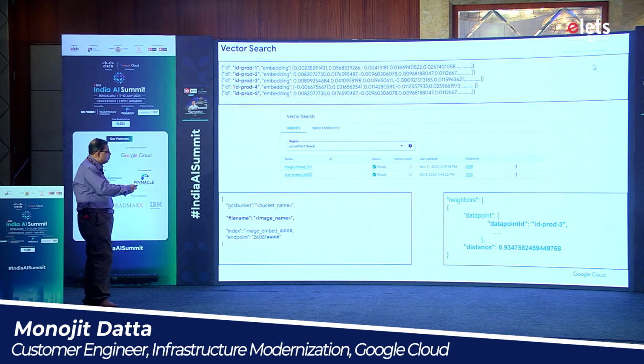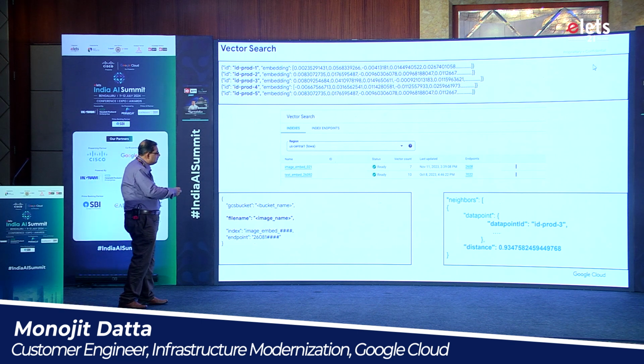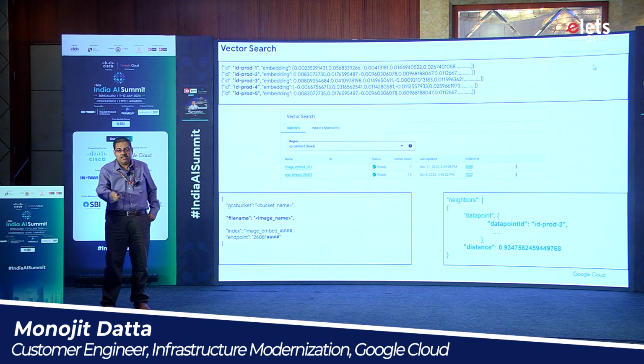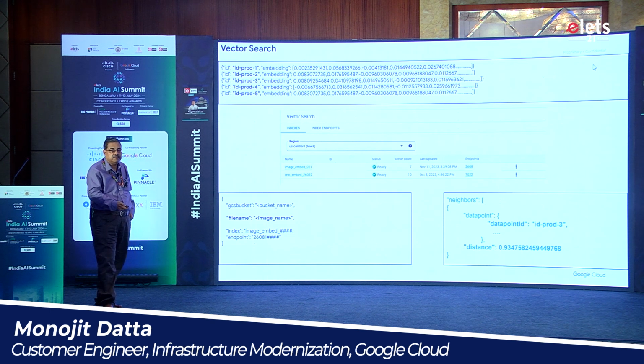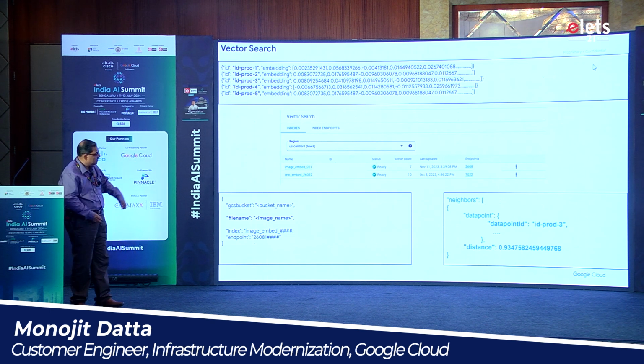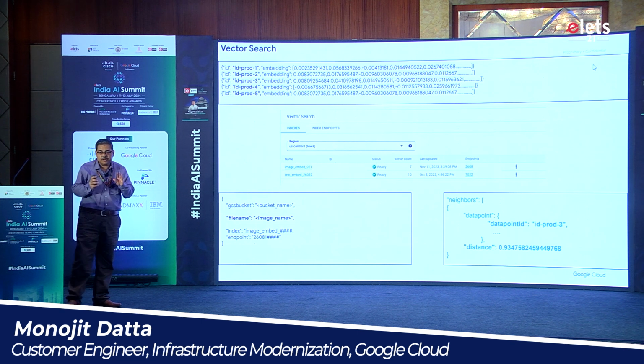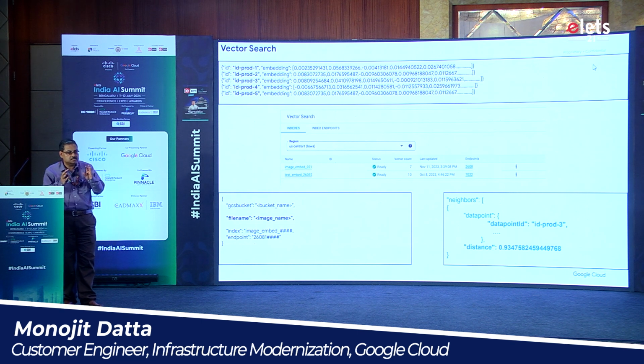And you can now use the same technology to find infringements. If I already have a catalog and images uploaded, can I see whether an image is fake or not? Is it a duplicate? So it gives you a neighboring image showing that it is a 90% match, so it's already there. You should not go ahead with that. So, a lot of things to discuss, but it's time's up, so I will just finish up with one line.